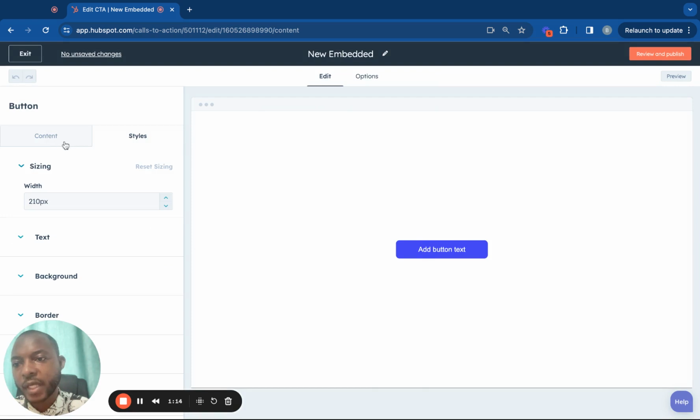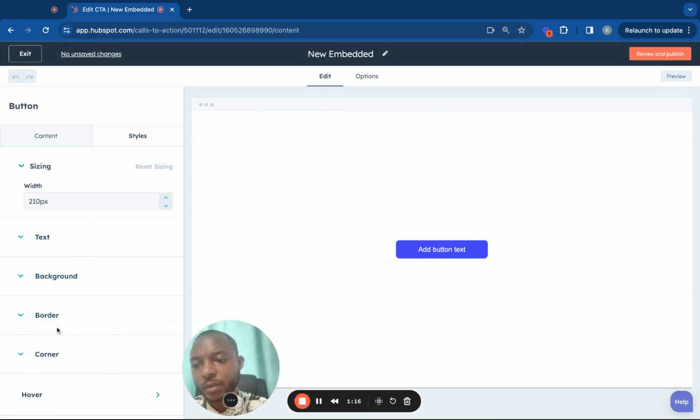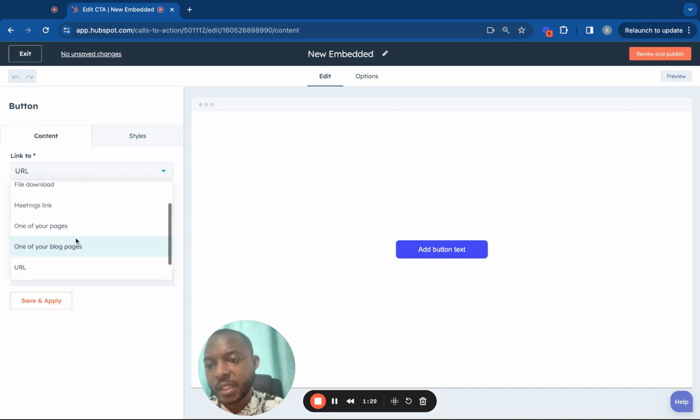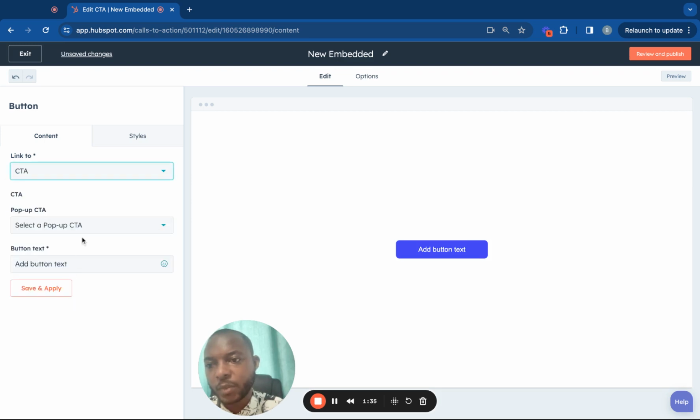Here we have the styles, where you put the style for your button. And then here we have the page. You're going to choose whether you want to redirect people to an email address, file download, meeting links, content page, and then all the blog pages or URL, or it's just going to be a normal button CTA. And then here we have the text. It can be, for instance,